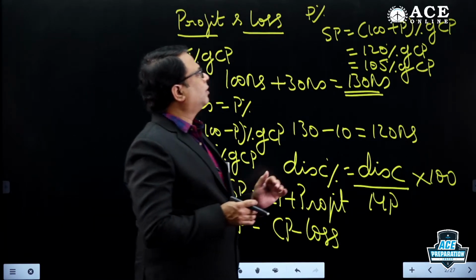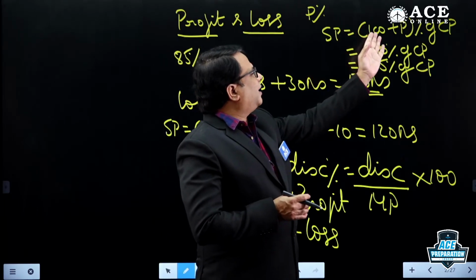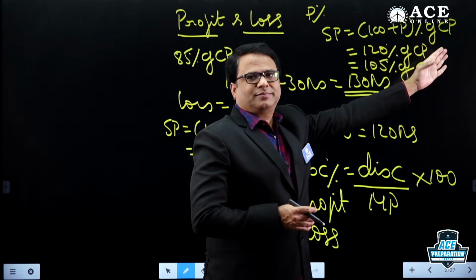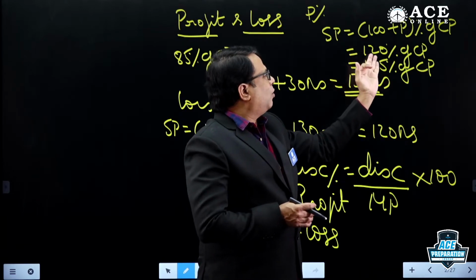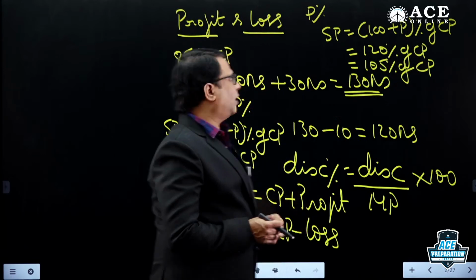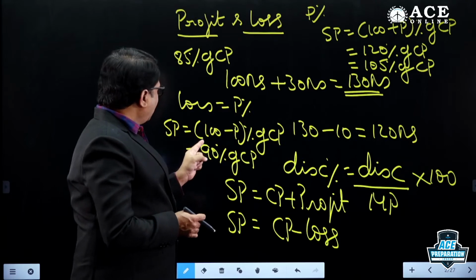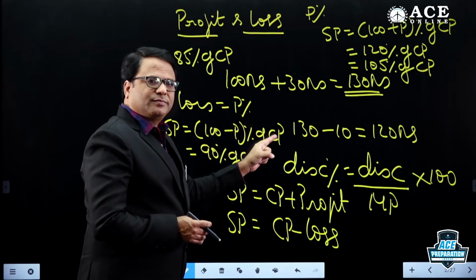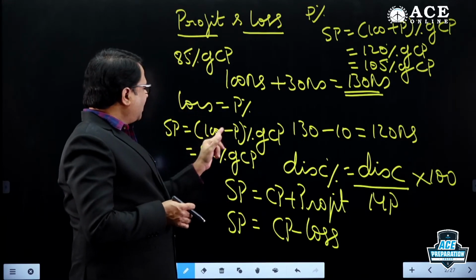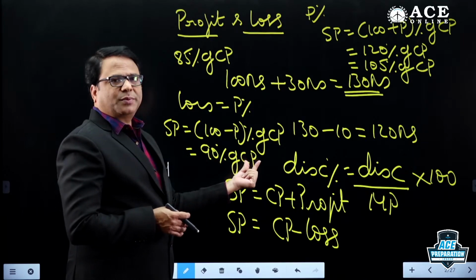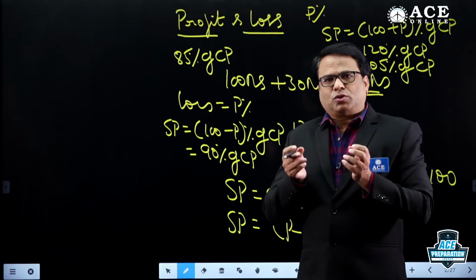And the next point, if there is a profit of P%, then selling price is written as 100 plus P% of cost price. For example, if there is a profit of 20%, selling price is written as 120% of cost price. Now, if there is a loss of P%, then selling price is written as 100 minus P% of cost price. For example, if there is a loss of 10%, selling price is written as 100 minus 10, 90% of cost price. So these are some of the basic points that you need to remember before we get into solving problems